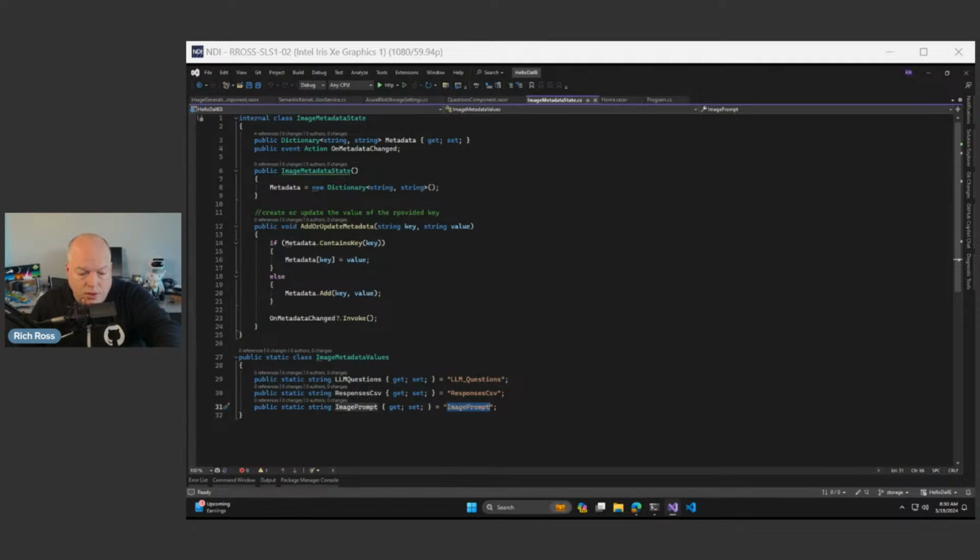And then also, finally, what's the image prompt? So once the answers were generated from the questions, we sent that over to a generative AI model to create that prompt that would then go off to DallE and create the image. I want to persist that because I want to be able to look at it and say this image, and